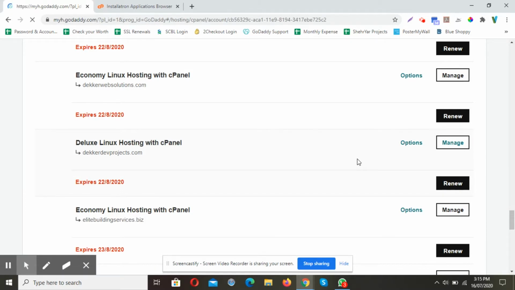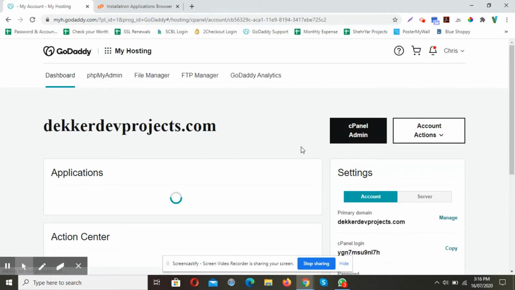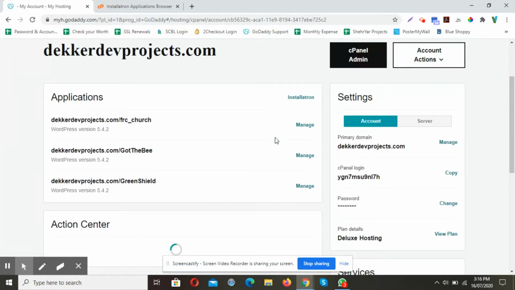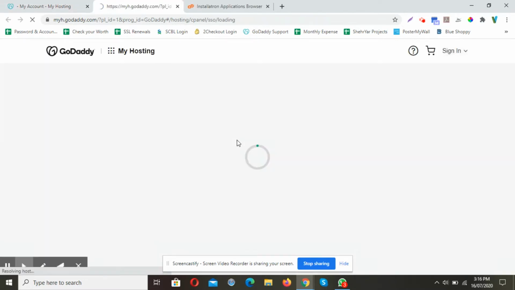If you are watching this video, you can simply see this will involve 2 to 3 steps where you need to simply put some details in it, and then you can see a WordPress installed on that directory or domain, whatever you have selected. So basically, Installatron is one of the applications that is almost common to all servers. You can see this application available within all of the major web hostings.